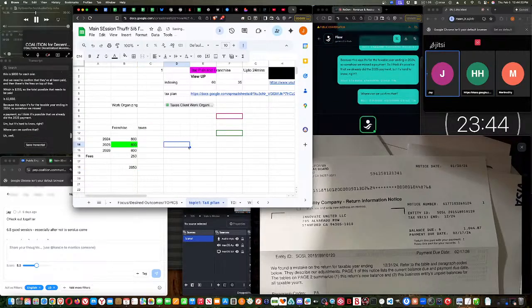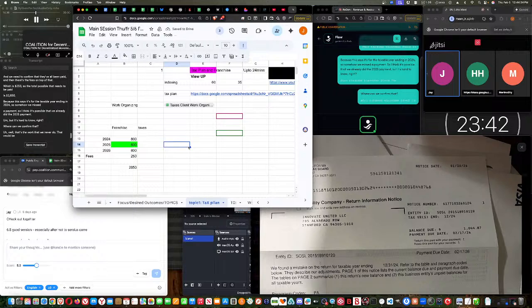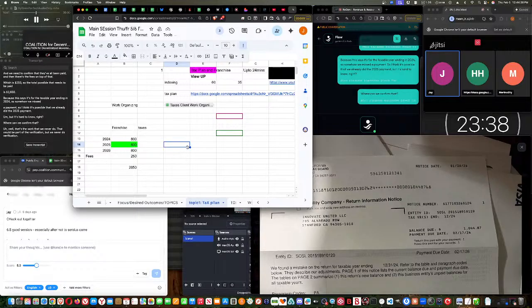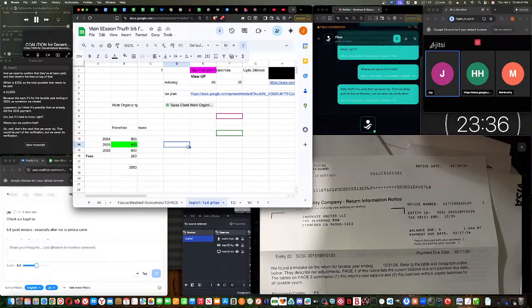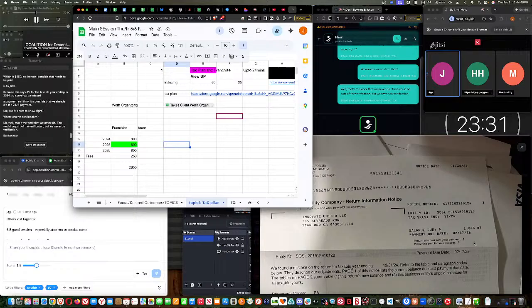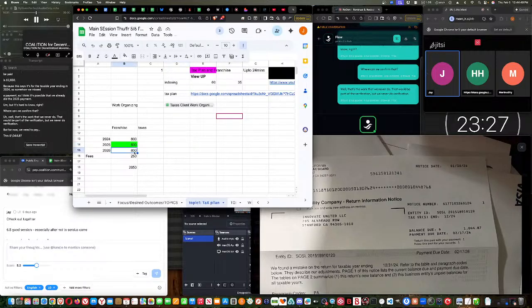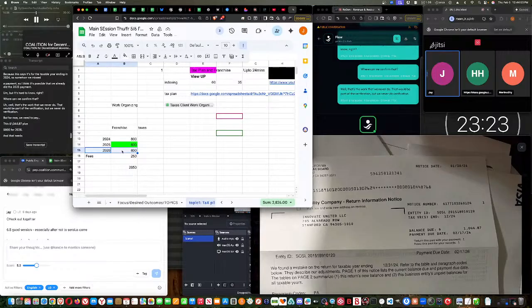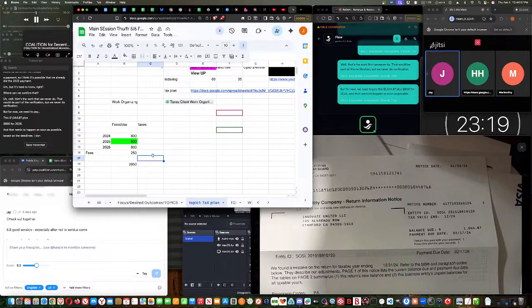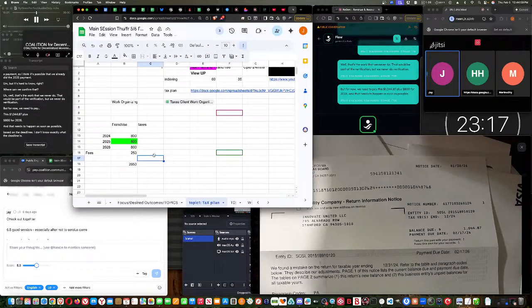Well, that's the work that we never do. That would be part of the verification, but we never do verification. But for now, we need to pay this $1,044.87 plus $800 for 2026, and that needs to happen as soon as possible, based on the deadline. So I don't know exactly what the deadline is, but